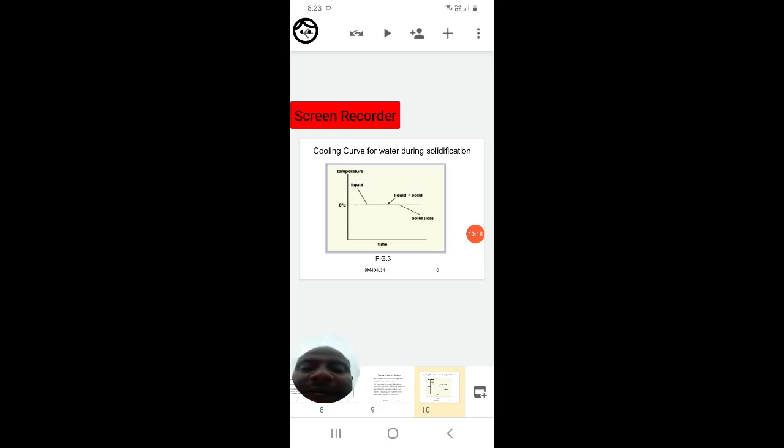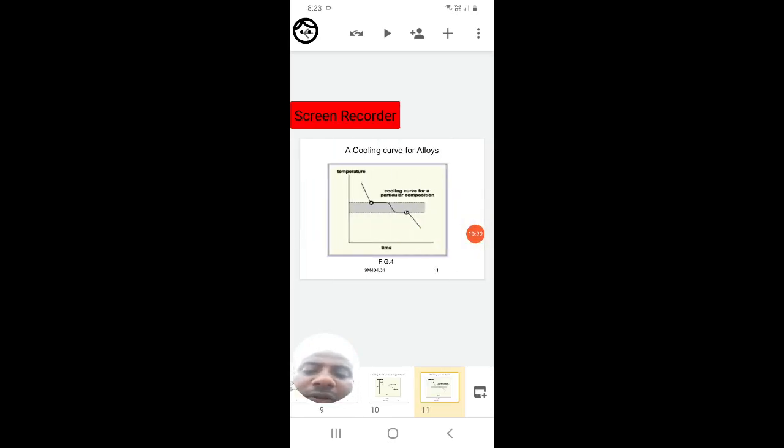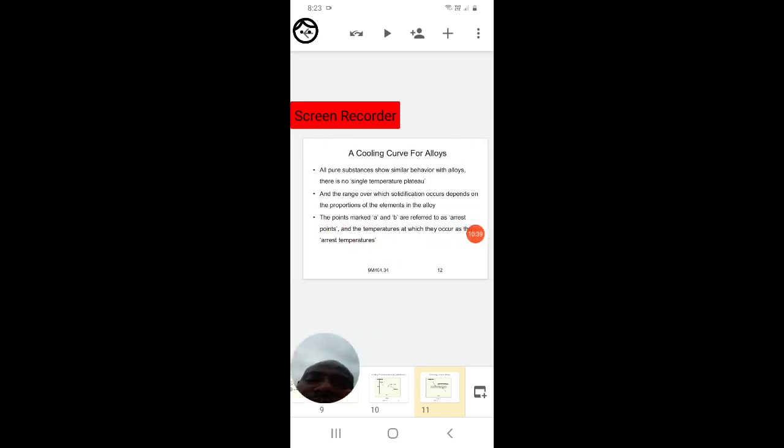So different types of cooling curves occur. That is for a pure metal. A cooling curve of an alloy, where you are mixing two or more elements. You see the cooling curve for a particular composition. So different types of compositions occur, and this type of cooling curve occurs. That means a cooling curve for an alloy; all pure substances show similar behavior with alloys. There is no single temperature